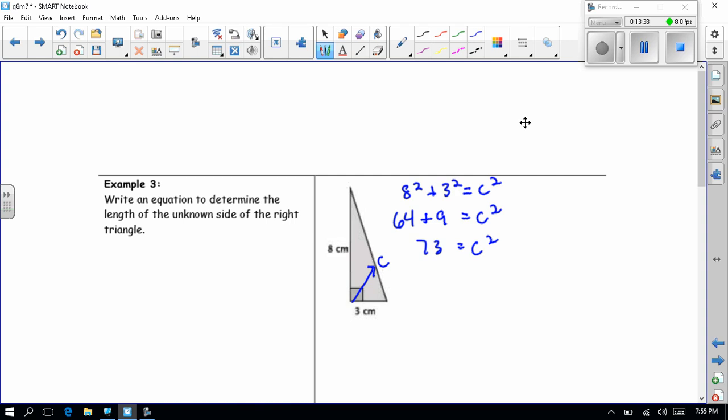Okay, so 8 squared is 64. 3 squared is 9. When you add 9 plus 64, or 64 plus 9, you get 73. Again, if I look at my table,